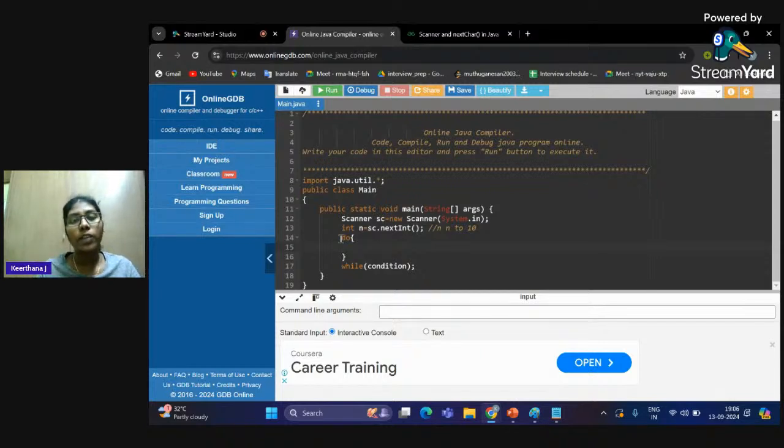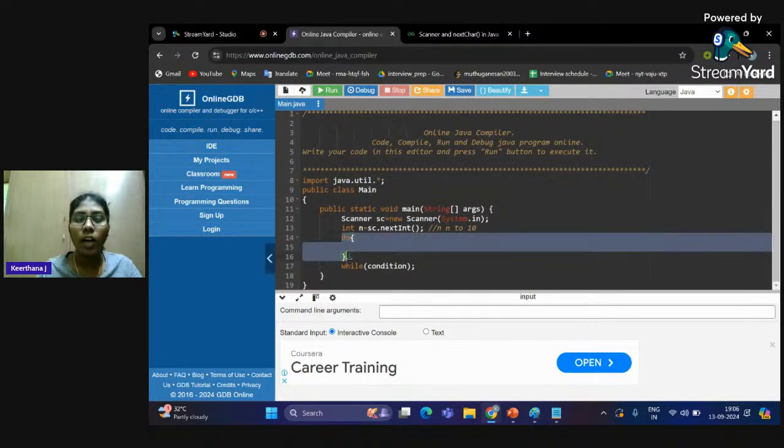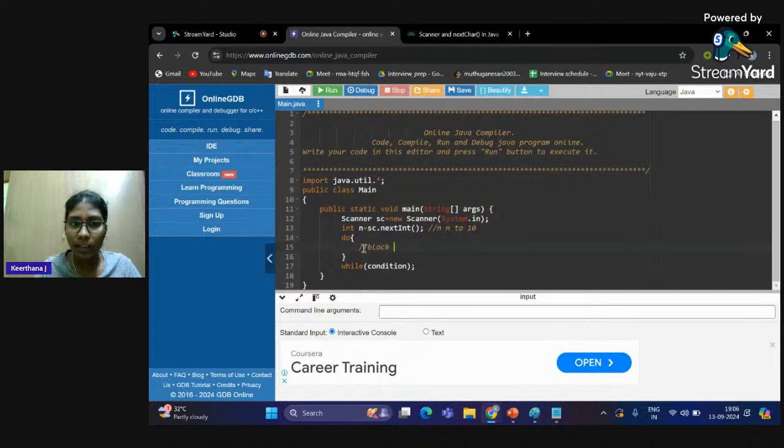In the previous loops like for loop and while loop, if the condition is wrong, nothing will be executed, right? But in the do while block, whatever block of statements you give in the do part will be executed first, and only then is the condition checked. For example, see,